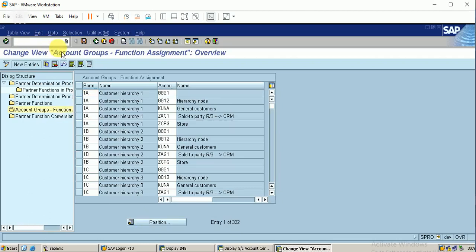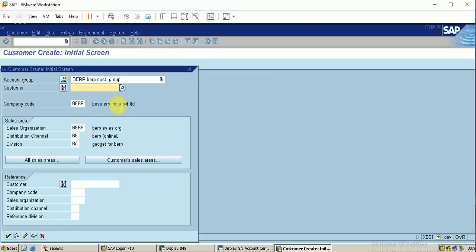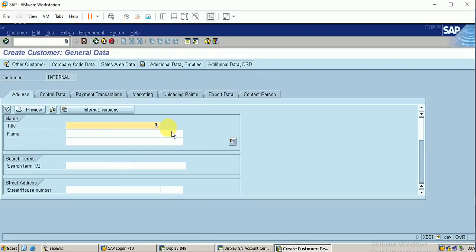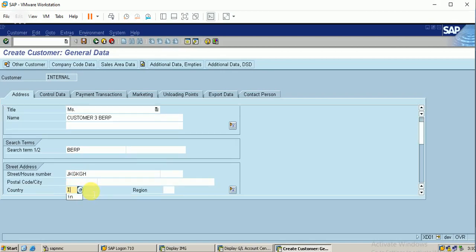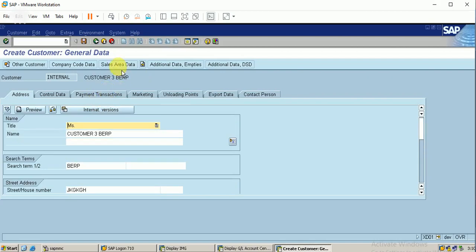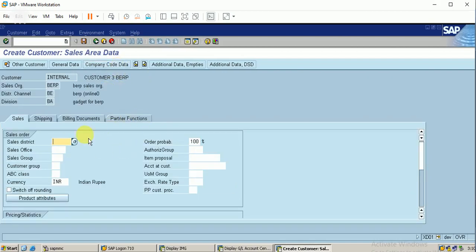Let me create a new customer master. Click on enter. Customer 3 for BRP. Let it be the search term. Let me check the sales area data. Yes, we can.